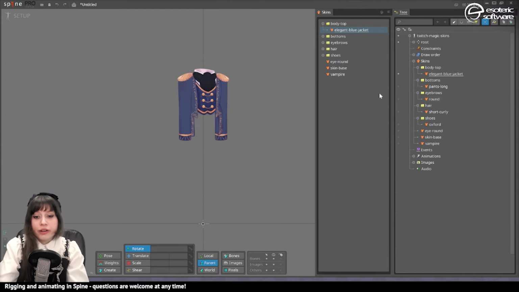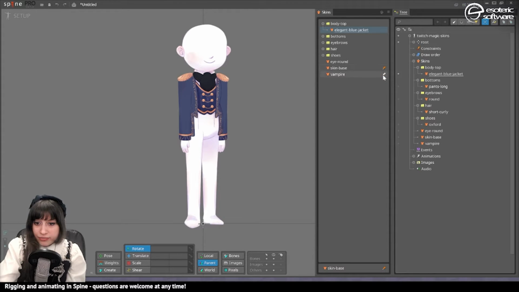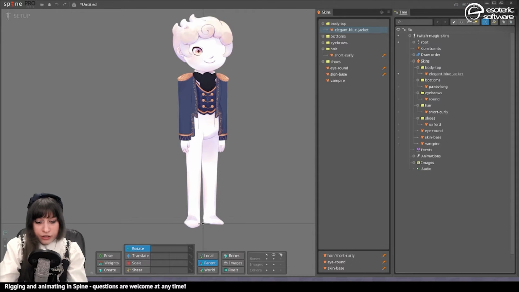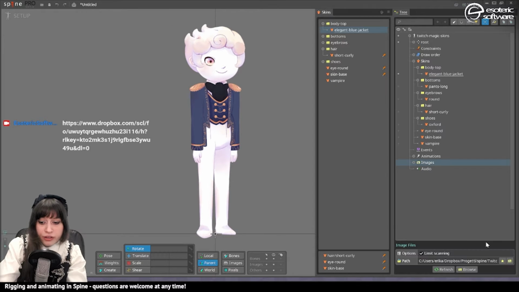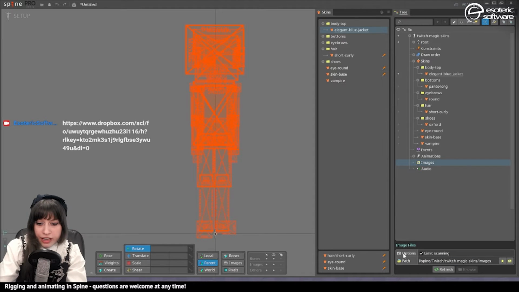opening the skins view here. Then at this point, we can pin one or more skins at the same time. So I'll pin this skin base, and I can also pin maybe the vampire one, the eye round, the hair, etc. If by some chance, instead of seeing that,